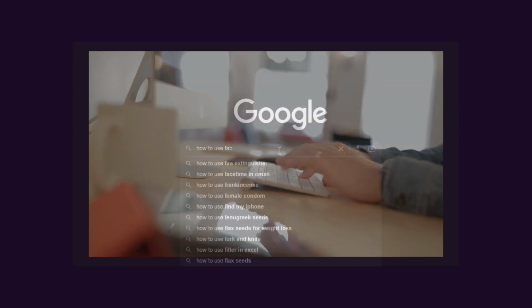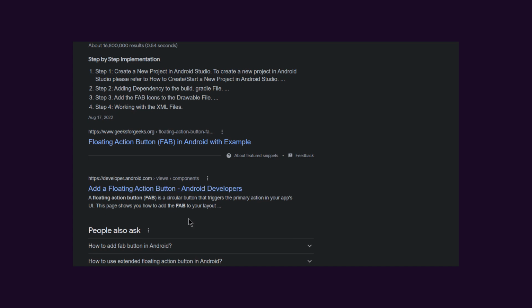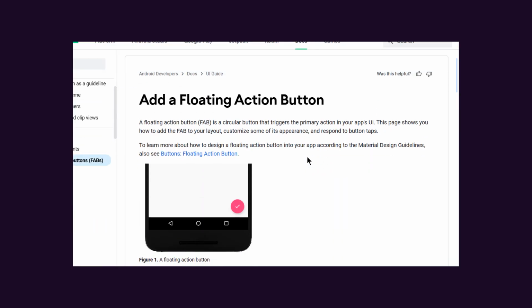Android is filled with different UI components and layouts that we cannot cover within a single playlist, and most professional Android developers do not know about all the views within the Android ecosystem. And even if they do, they will probably Google or look up different things related to the views that they are using. So take this as a tip to always look up different things, different errors, different solutions